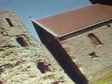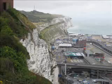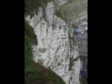Sea crossing to the continent of Europe, giving it huge strategic importance in England's national history. There was once an Iron Age hill fort up here on the cliffs, and even now there's evidence of many other occupiers. Look out for the remains of a fire-powered Roman lighthouse, one of a chain which guided ships across the channel. And next to the lighthouse, a church, St. Mary in Castro. One thing not to miss in Dover would definitely have to be the White Cliffs. They are